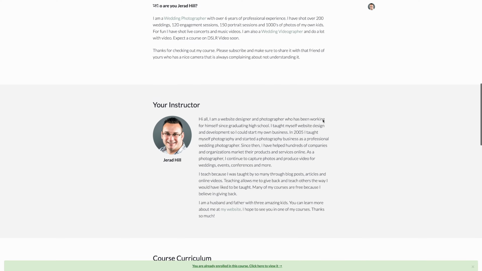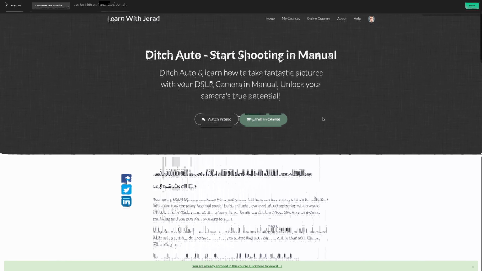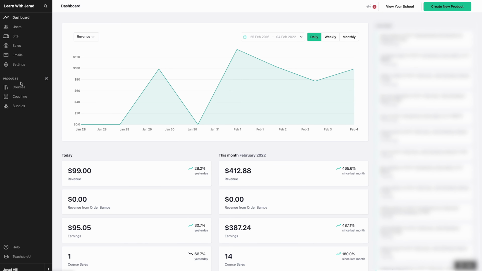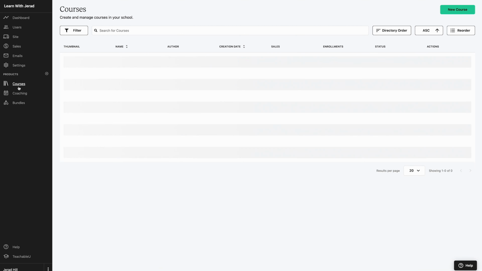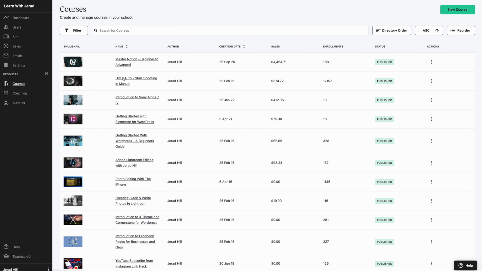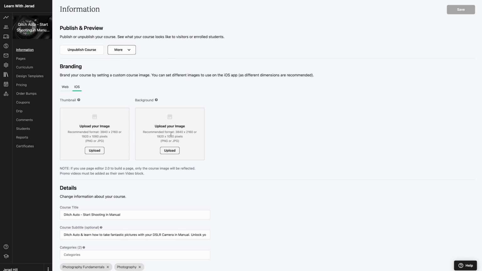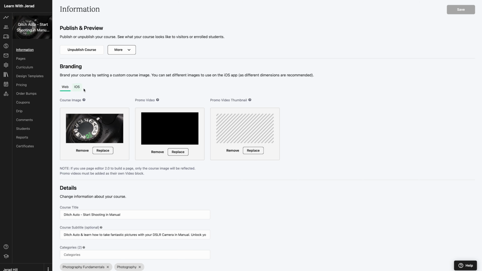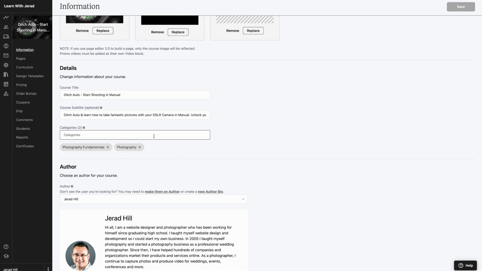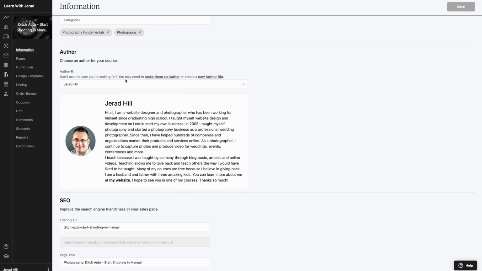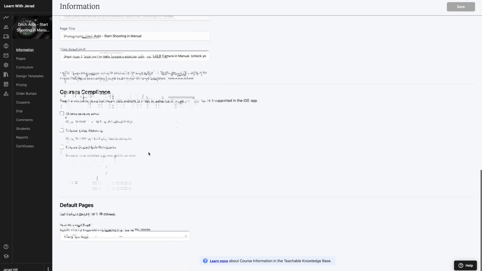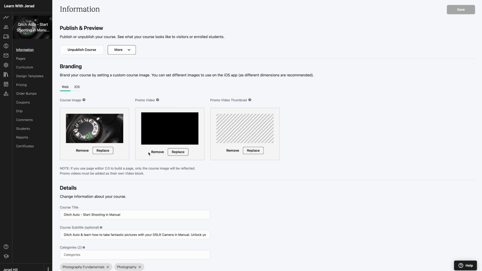So the course pages are pretty simple. There isn't a whole lot that you can do to customize them. We'll go into this course page here so that you can see what to expect. So on this page, I can edit the typical branding of the page, course image, promo video, thumbnail. Teachable also has an app, and so I can customize what I want to have show up on their iOS app as well. And down here, I can set my titles. I can assign it to myself as the author. Some basic SEO and course compliance stuff, but not a whole lot that I can really do in customizing